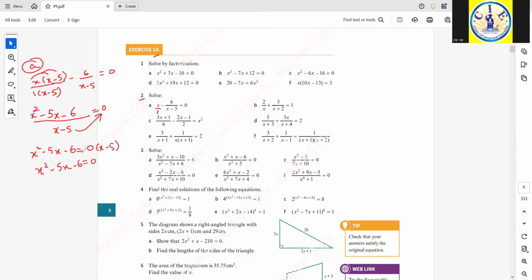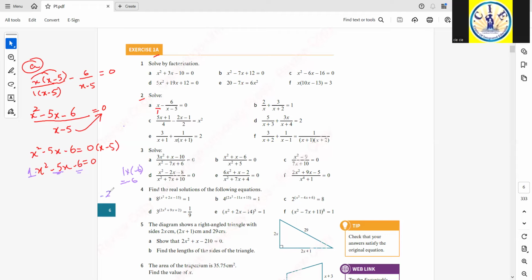So let's do it in the form: x squared has a coefficient 1. So 1 times the constant, which is negative 6, it is negative 6. The factors of 6 to give us negative 5. Okay, those could either be